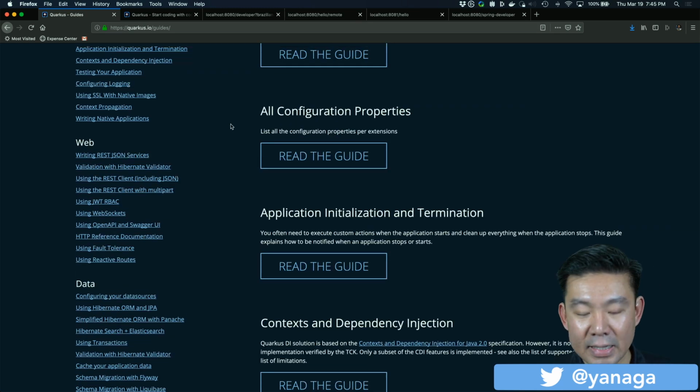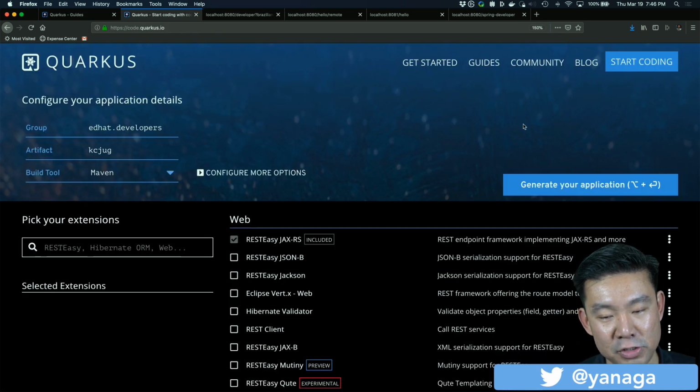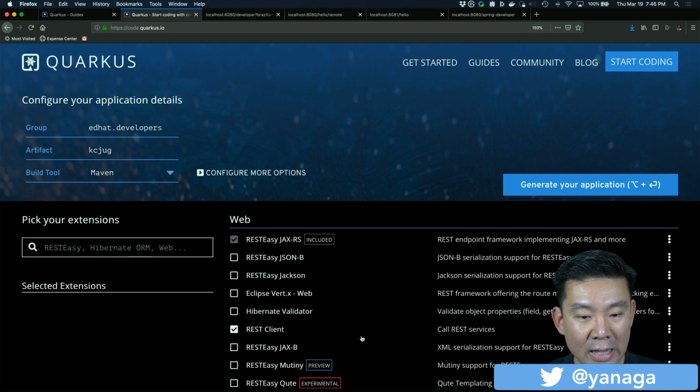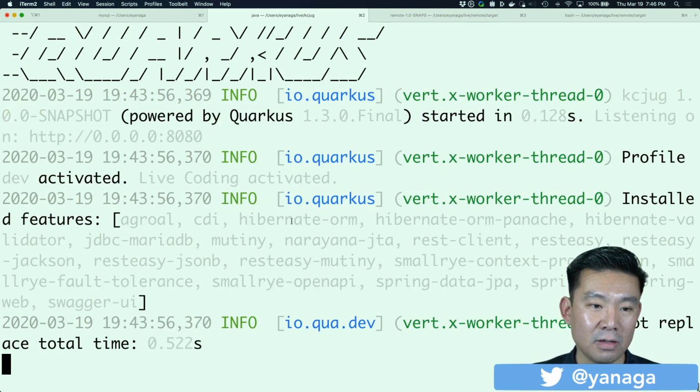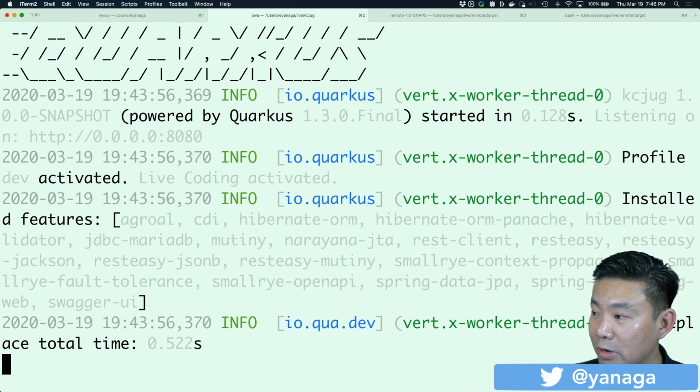My key takeaway from this presentation is that I don't intend to teach you everything about Quarkus today, but I hope that I was able to get you excited enough so that immediately after this presentation, you can go to your notebook, go to the code.quarkus.io website and generate your very first project. I assure you that you won't be disappointed because Quarkus is simply amazing. The first time that I was able to run mvn quarkus:dev, I automatically fell in love with Quarkus because it's super amazing. Okay, and let's see if we have any more questions.